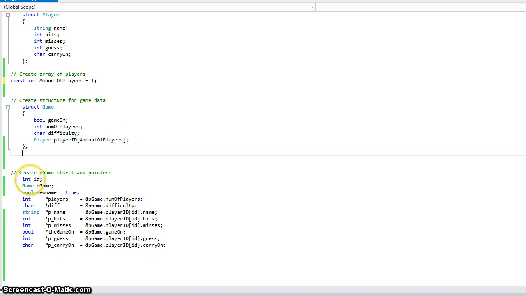So I then make an int id, a pgame structure from the game struct, and then I call the new game bool. That's for the next thing. And then I make the pointers for the player, the number of players in that struct, then the char, the difficulty,